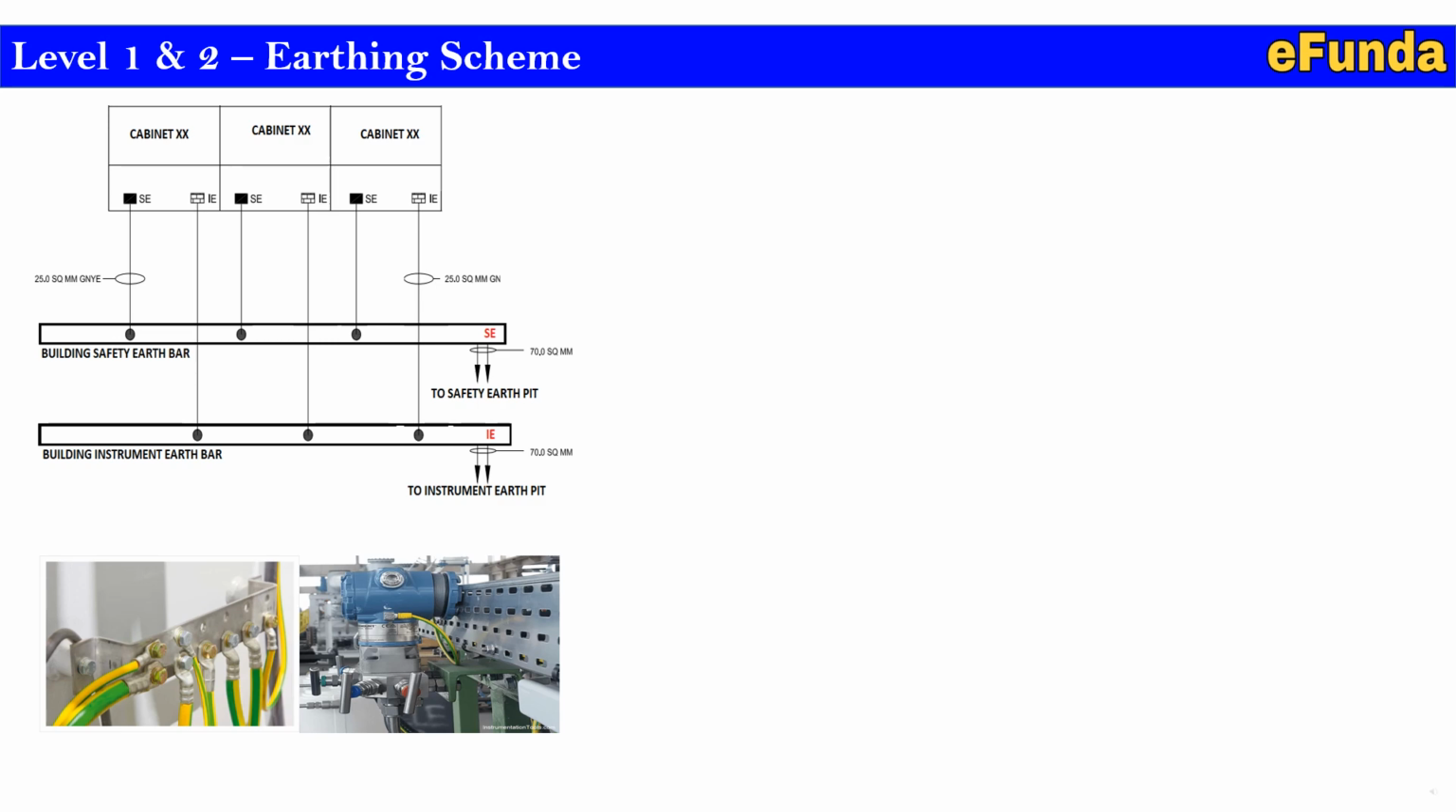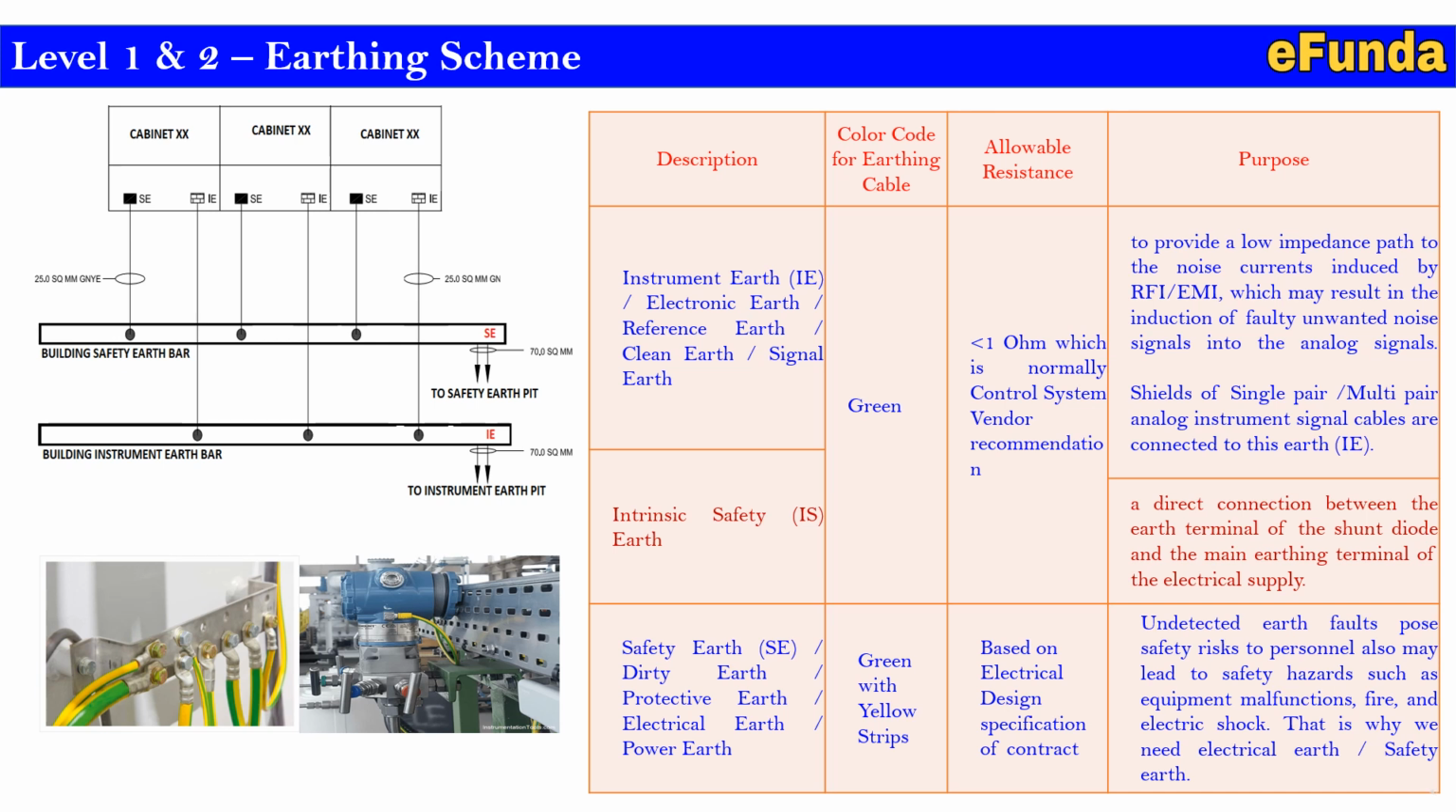And to better understand, one can refer to the table where we have covered instrument earth, electric earth, reference earth, clean earth, signal earth, shown or used by the green color, and allowable resistance is less than 1 ohm, which is normally the control system vendor's recommended value, and the purpose of this is to provide a low impedance path to the noise current induced by the RFI or EMI, which may result in induction of faulty unwanted noise signal into the analog signal. That is the reason shield of a single pair or a multi-pair analog signal cables are connected to this instrument